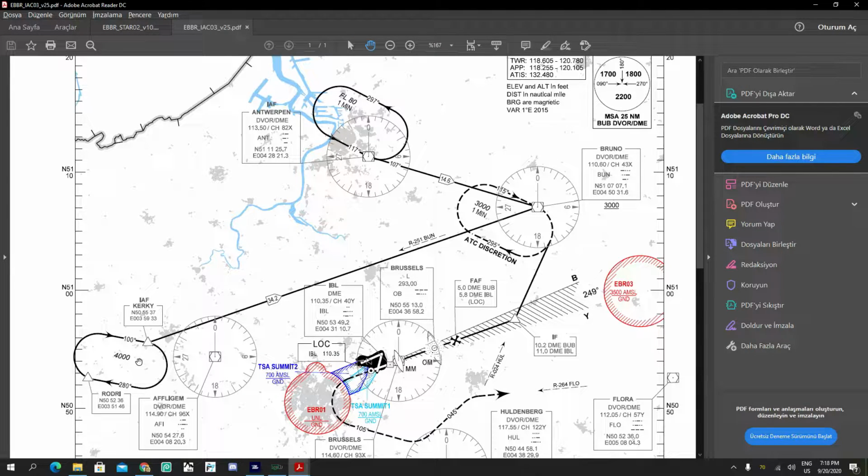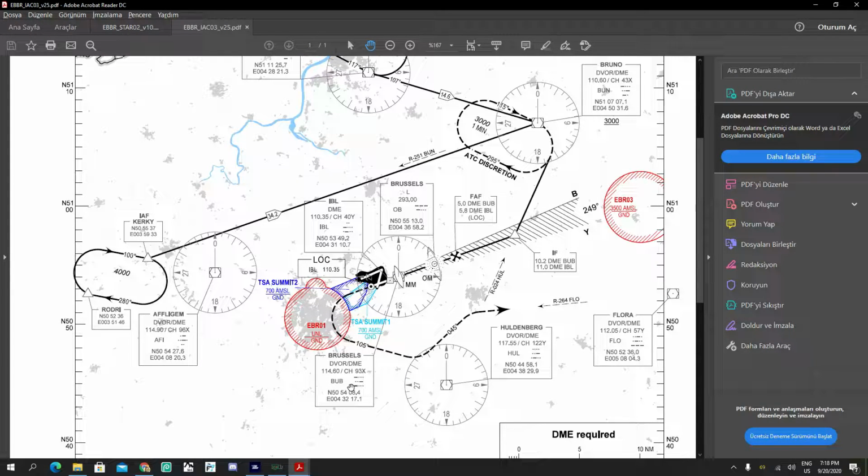But what we will be doing is, from Kirky, I'm sorry, from Kirky to Ant, from Ant to Bruno, and from Bruno to our initial approach fix, which is 10.2 miles from Bravo Uniform Bravo, or 11 miles away from the IBL, which is this VOR station, and that's our localizer as well. So as you see, IBL is our localizer. The frequency is